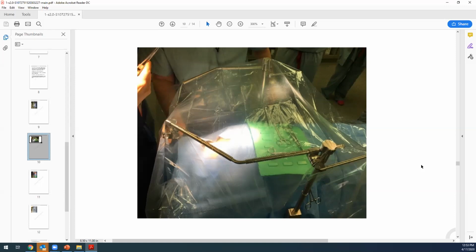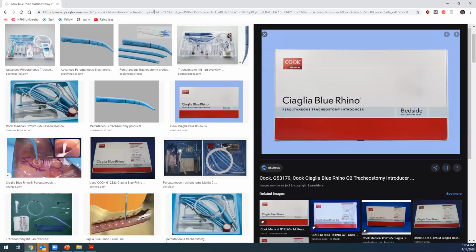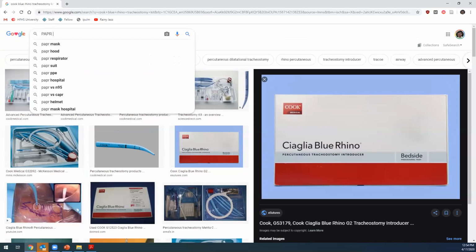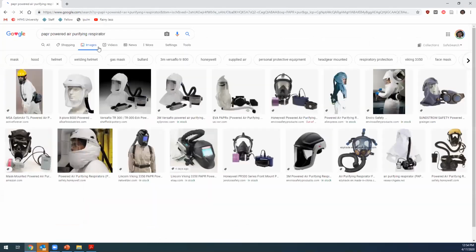I agree with the use of PAPRs and what's called enhanced PPE. I mean, either PAPR or there are other brands in general. There are other brands in Canada that they describe. But anyways, it is probably indicated in cases like this. Although,